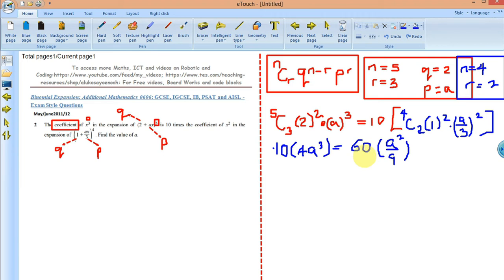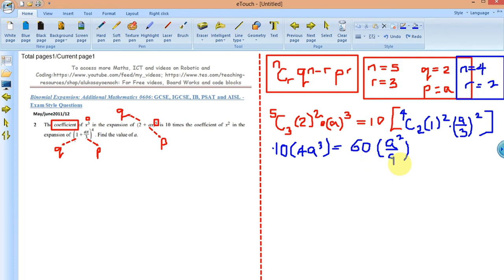9. Okay, so I don't want to go that way, which is not a bad deal, guys. It's not a bad deal, but let's just continue. And this is actually 40. 40a raised to the power of 3 equals to, guys, let's just go ahead and do this. 3 here, 20. 3 here, 3. Okay, so I have 20a squared